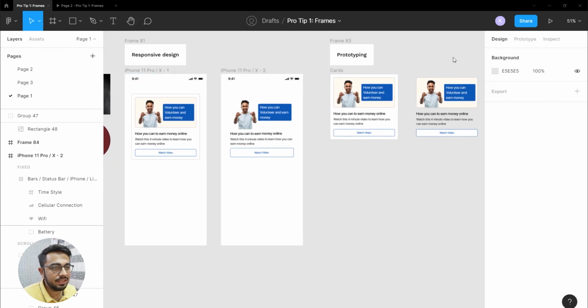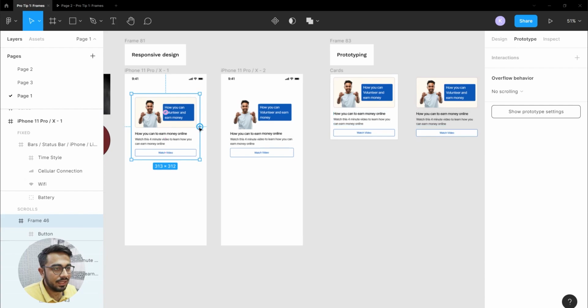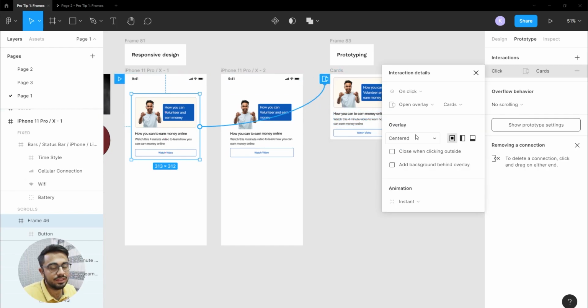What I mean by that is, if I click on this card, go to prototype, and draw out a handle out of it, you can see this is a group, but this is a frame. A frame can act as a single entity or an independent item or an independent screen, which is why I am able to link this interaction to that frame and not to the group. So I can link it to this and add an overlay. This I will cover in a prototyping pro tip video. And simply I can add an overlay to it.